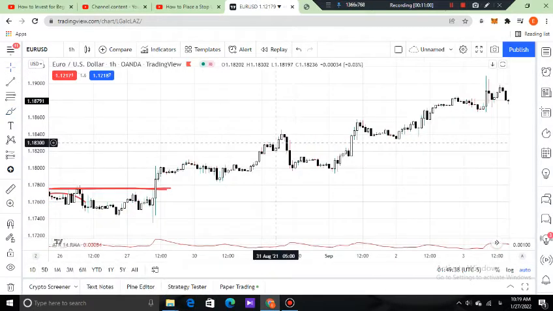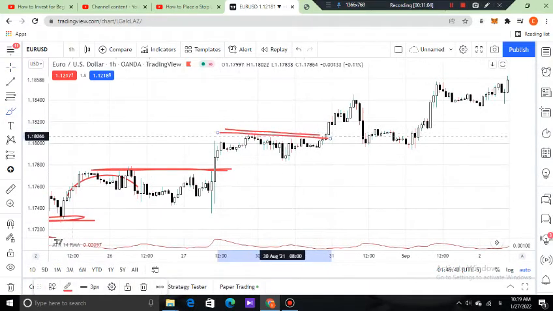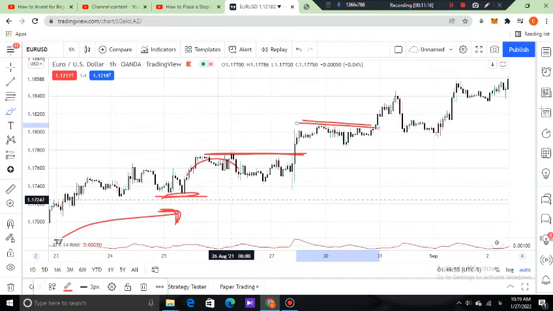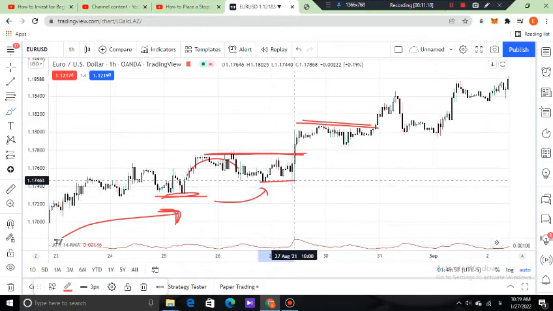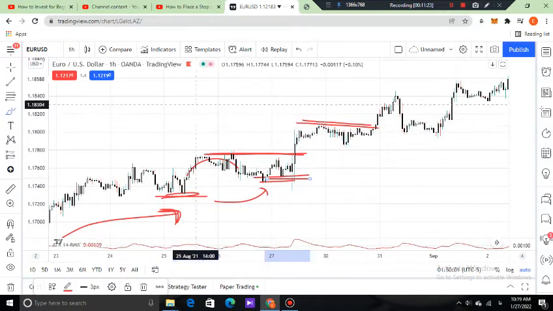And after that, we have another pullback here, and then we have a breakout above this previous top. We can move the stop loss again to a higher level, to a higher low, and